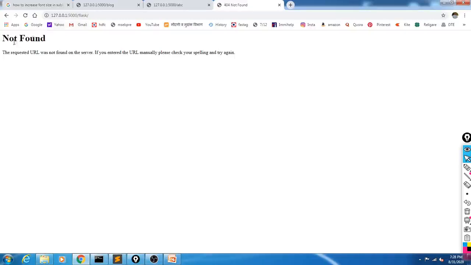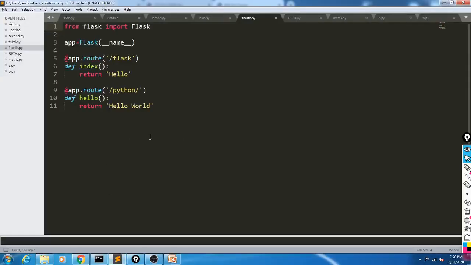So what it gives here is not found. The requested URL was not found on the server. If you entered the URL manually, please check your spelling and try again, because this server cannot find this URL, because in the web script we have given only slash flask.